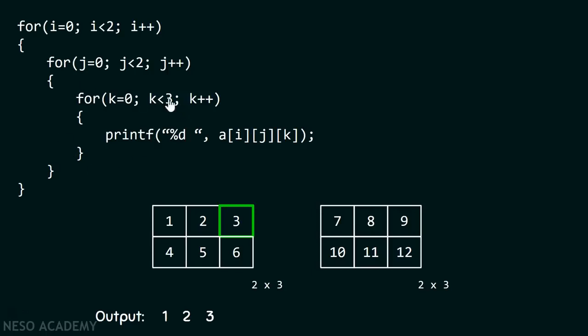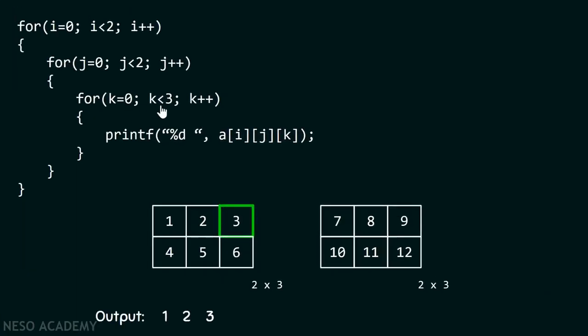And this means this time we will increment the value of j. This means we will jump from the first row to the second row. After incrementing, j becomes 1. 1 is less than 2, condition is satisfied. Therefore, we'll come again inside this for loop and k will again get initialized to 0. That means we will again start from the first column itself. But this time we are in the second row of this first 2D array.